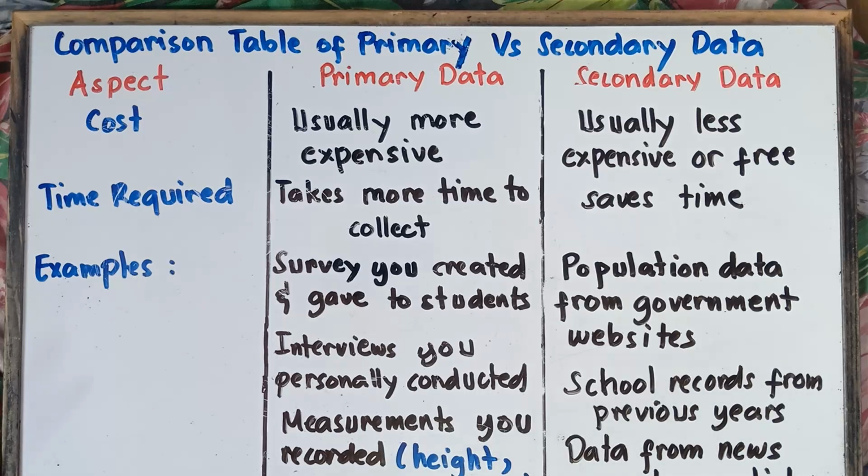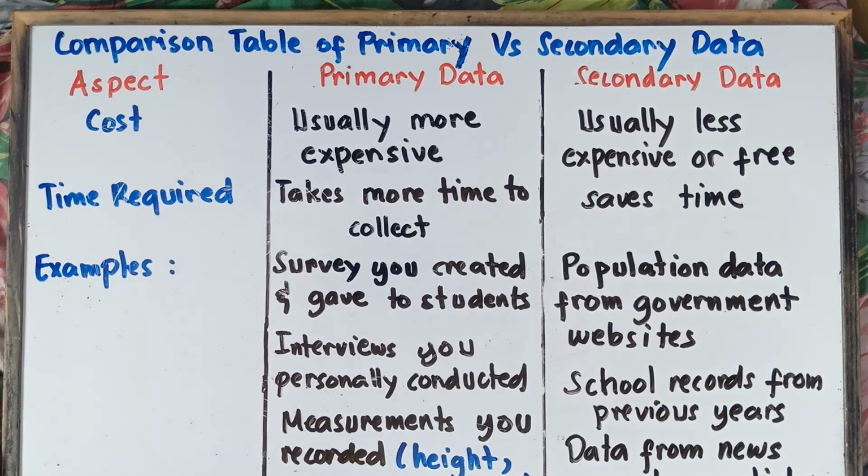So there are some cases, class, it will really cost you a lot because you need to have your token or reward. Because if you don't have those, class, and you'll be asking interviews, there are some people, not all, but some people, class, that they will not be answering your questions if you don't have your token or reward. That's why, class, it will really cost you a lot. Usually more expensive in getting the new data, especially, class, if you are the researcher.